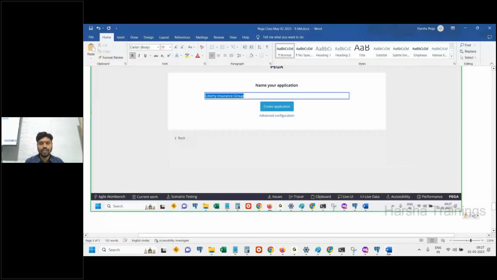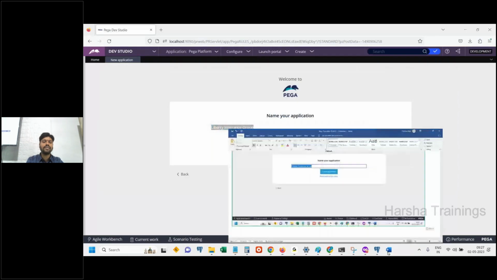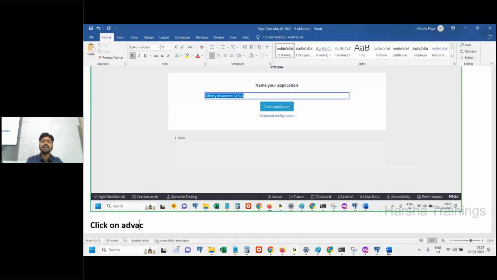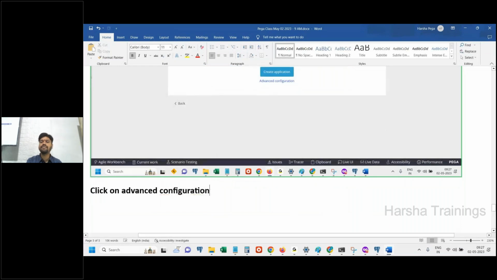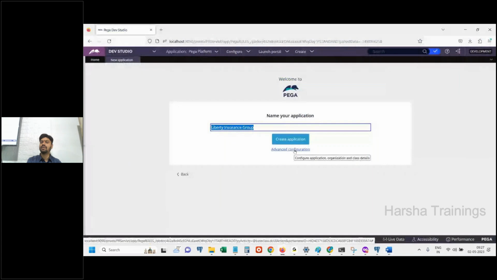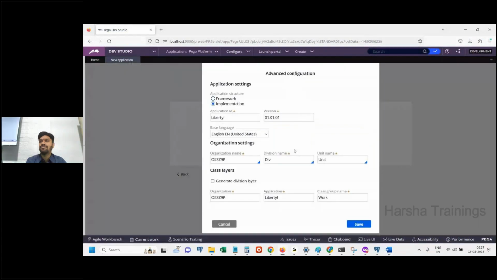See, you can now click on advanced configuration. You are just learning the navigations. I am going to click on advanced configuration. So see what is there in the advanced configuration. If I click on it, it will show some of the parameters of the application. By default, application structure was selected as